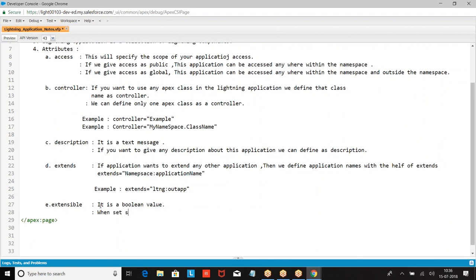When set to true, this application is extensible. This application can be extended by other applications.